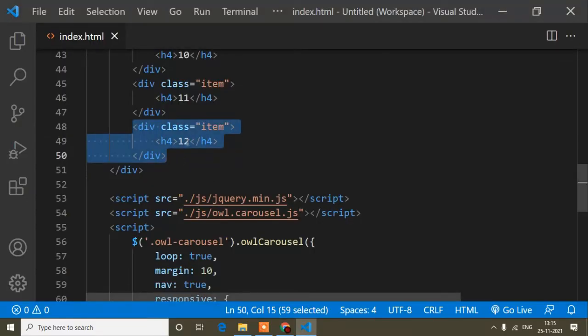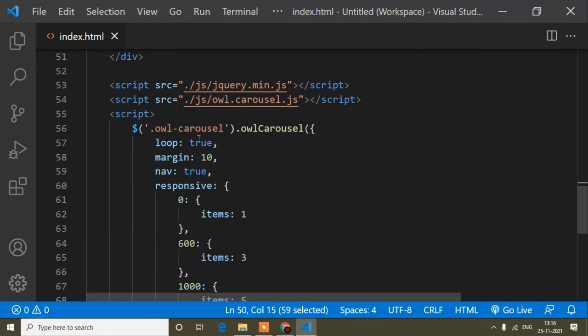So then what will happen? Here you can see 11 and after that 12. That means the items are at the end. I only have 12 items. So if I click this next button, what will happen? You can see the first item is coming here. That means it's looping. When the items end, the first item will come here. You can see again it started from the first, 1, 2, 3, 4, like this way.